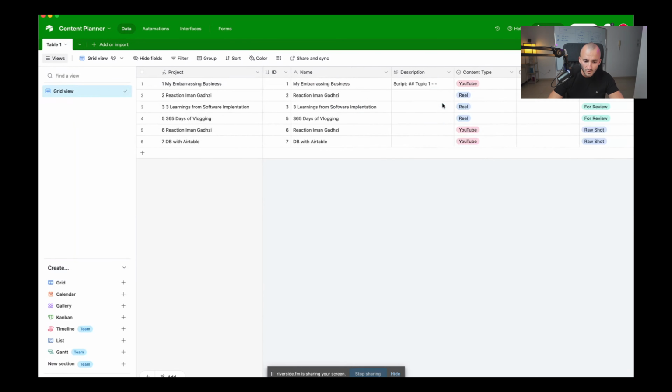Now, before we move on to cool technical stuff with the thumbnail, I want to show you something really, really, really great about this tool. This is basically why everybody's using Airtable and why it's so great. By the way,